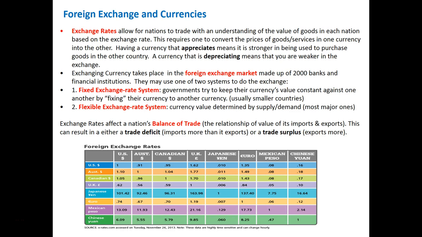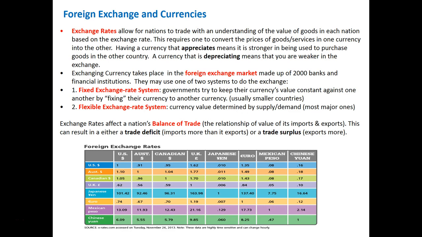The supply and demand of our currencies is pretty stable, and so the flexible exchange rate system reflects that, even though there is some up and down. This also affects our balance of trade, the relationship of imports and exports. We tend to run a trade deficit,